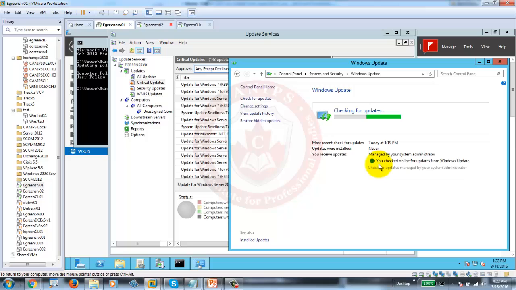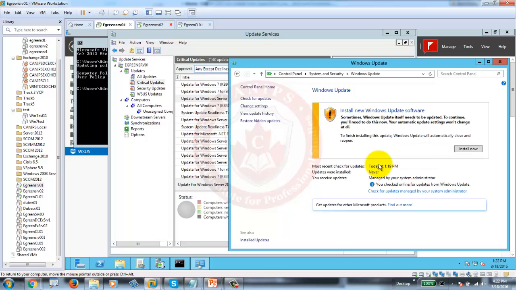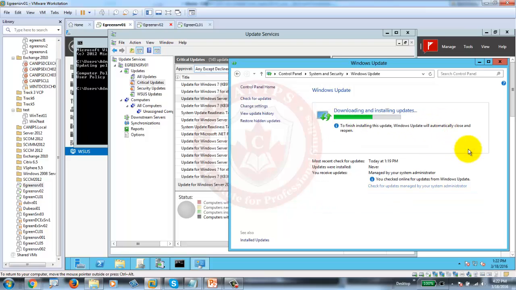It's not going to internet. Sometimes it updates itself, updates to continue. So here, install now. It should be continuing, and as soon as you bring more and more updates from here,